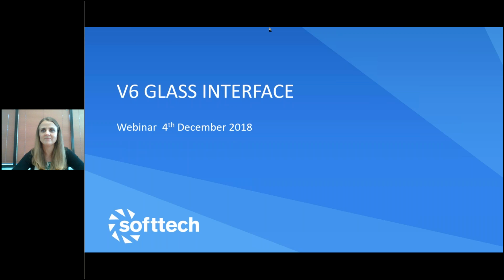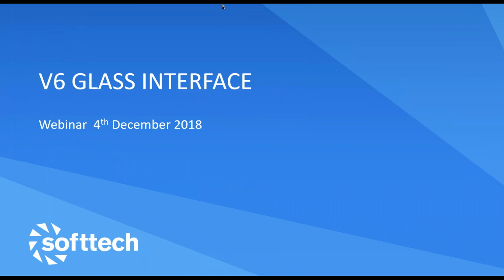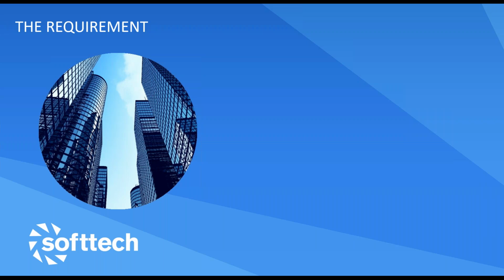Okay, can everybody see my screen? Okay, what I'm going to talk about today is the glass interface. Okay, the requirement for the glass interface